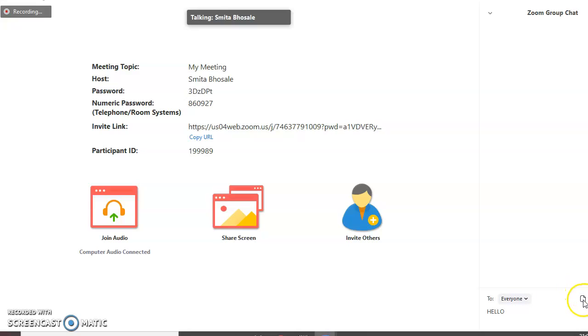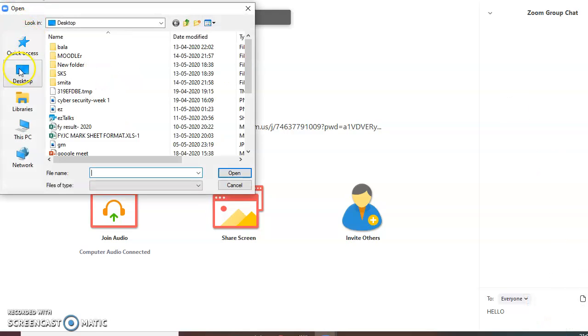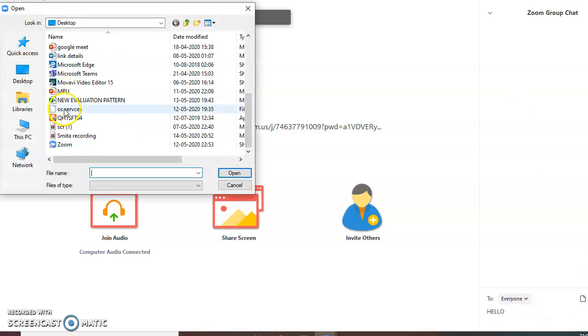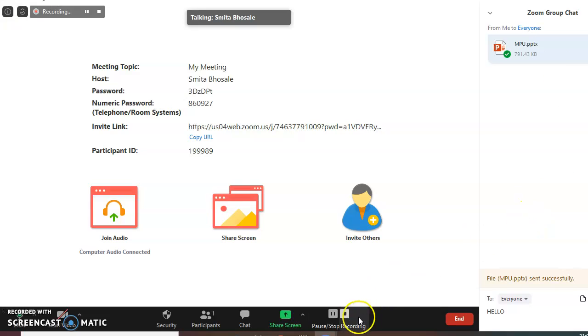You can also select a file which can be sent to the group. So here I select a file, and now this file has gone to the group. So this is the chat box.